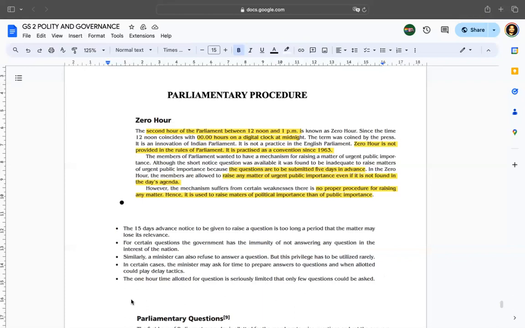Then come unstarred questions. Unstarred questions simply mean those which are prepared beforehand. I am coming with the documents in my hand and I have written the question that two days before yesterday I was thinking of a question to be asked of the Minister of External Affairs, and this is the question which I want to ask you at the moment. So you give me the answer to that.